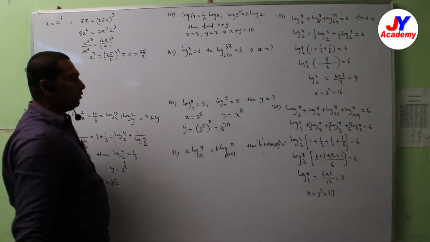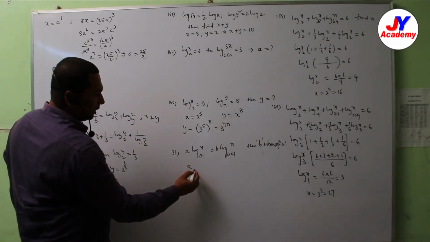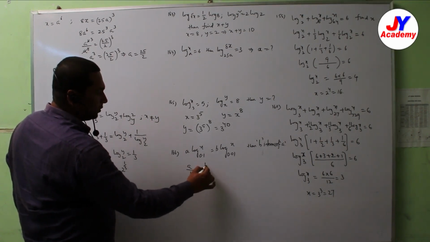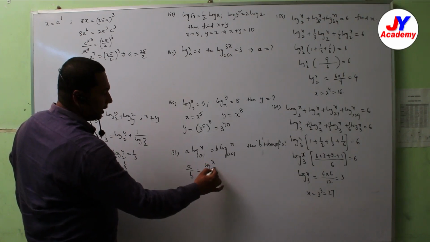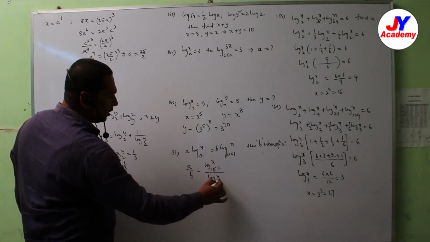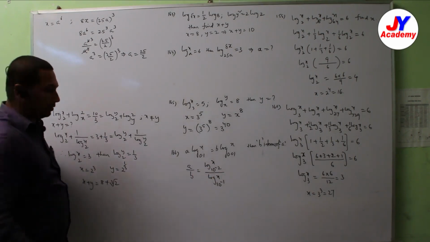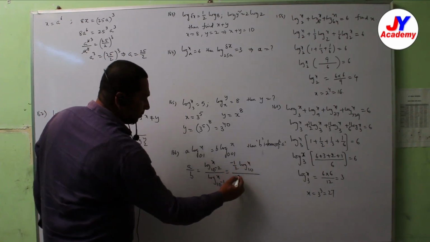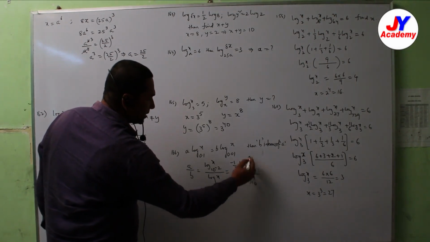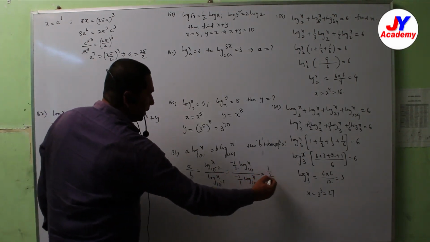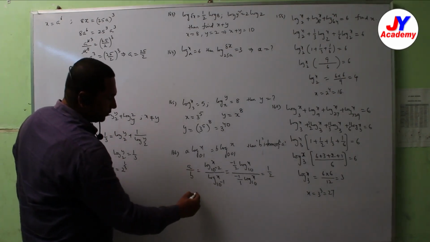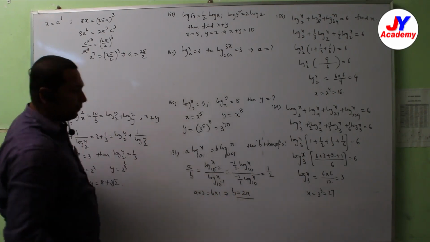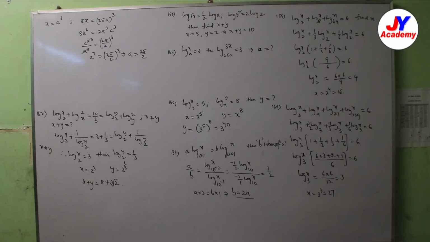3 power 40. Now come to this question. See, a by b is equal to log x base 10 power minus 2 by log x base 10 power minus 1. So what will we get here? Minus 1 by 2 log x base 10 by minus 1 by 1 log x base 10. These two get cancelled. So what remains here? 1 by 2. a by b is equal to 1 by 2. So a into 2 is equal to b into 1. Then what is the b value in terms of a? 2a. In terms of a, 2a.